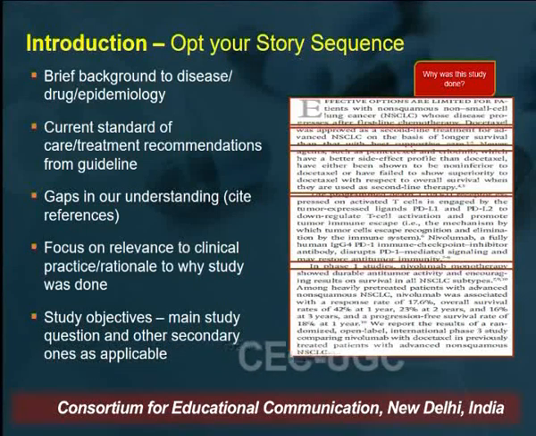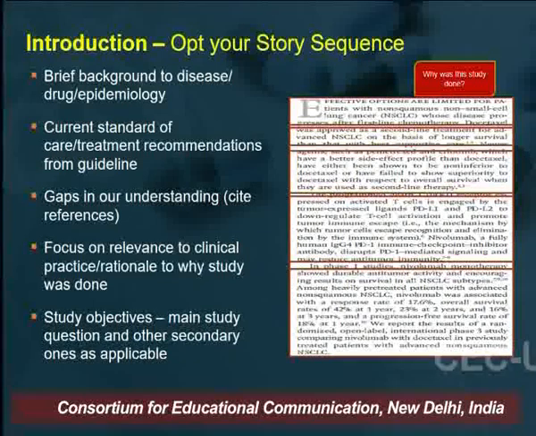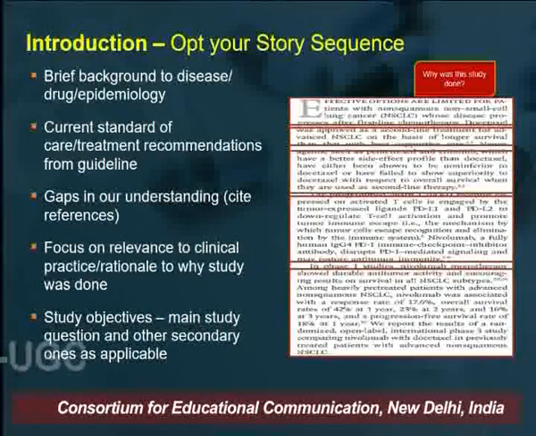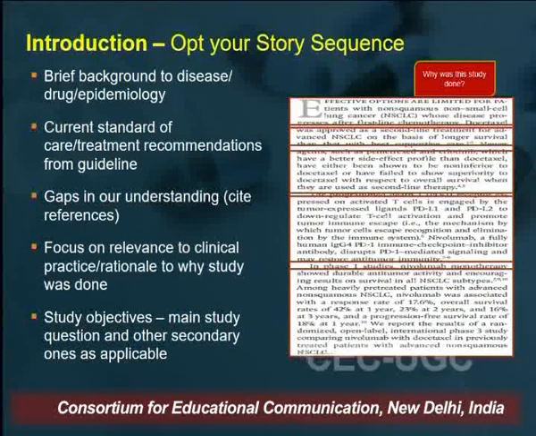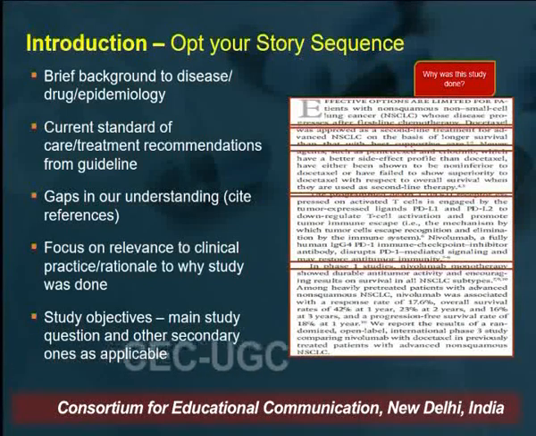So, what is now required from the new research in the similar field. So, why the study was done, and then at the last of the introduction section, we don't create a separate subsection to write the study objectives and the main study questions or the secondary study questions, as applicable. So, we don't make a subsection of study objectives or aims in a manuscript. We just complete our introduction with the last part, which is the study objectives, where we highlight what would be the main aims of the current study,